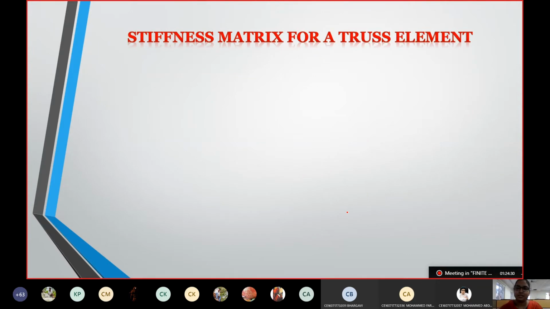Can anybody tell me how many types of trusses there are? What I have told before. Different types of trusses. We have drawn so many trusses on the board, guys. Section A, somebody answer, or section B also, if you know what the various types of trusses discussed in the class are, at least that you can tell.